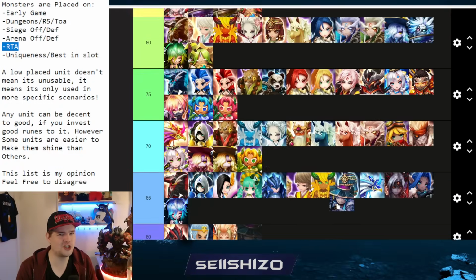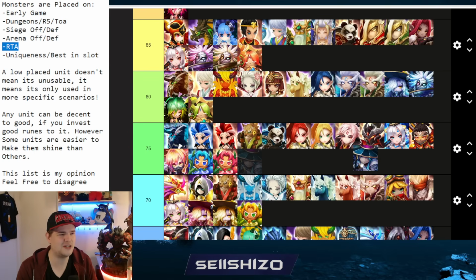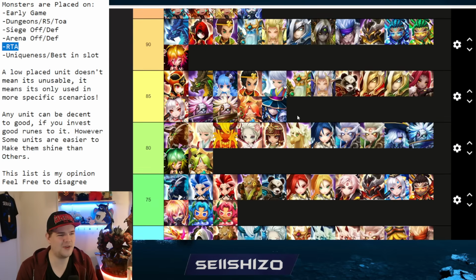Zibala. Zibala is just an RTA unit. I have seen some people use it in Siege offense. I wasn't a big fan. Also, Zibala, I think it kind of fell off in RTA, but it's still a pretty darn good unit. But it is just RTA, but I'm actually going to put it on 80 because